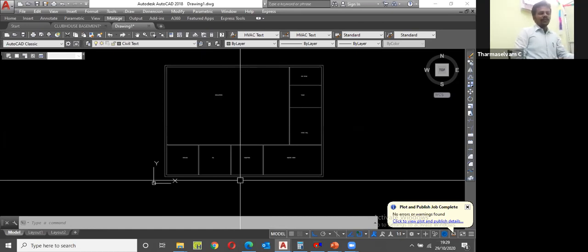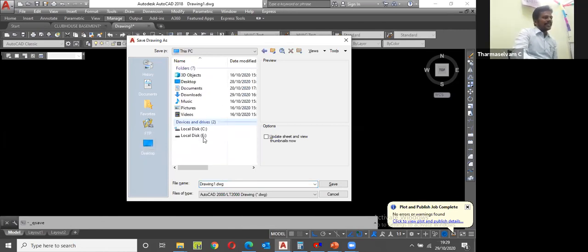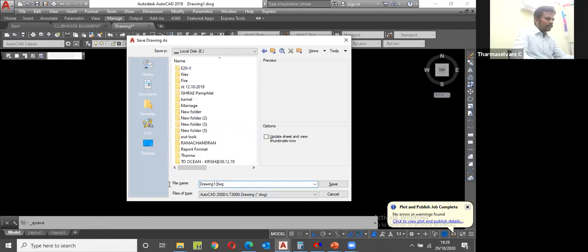Okay, every command you go to draw, save the diagram. Control S. Now first time I'm going to save. No need to save the diagram on the desktop. If the file capacity is more on the desktop, your system is getting slow. That's why always you go with the D drive or E drive. C drive also has software. No need to save on that, use the E drive. Here I'm going to type: this one is the Voltas Saudi. Okay, save the diagram.